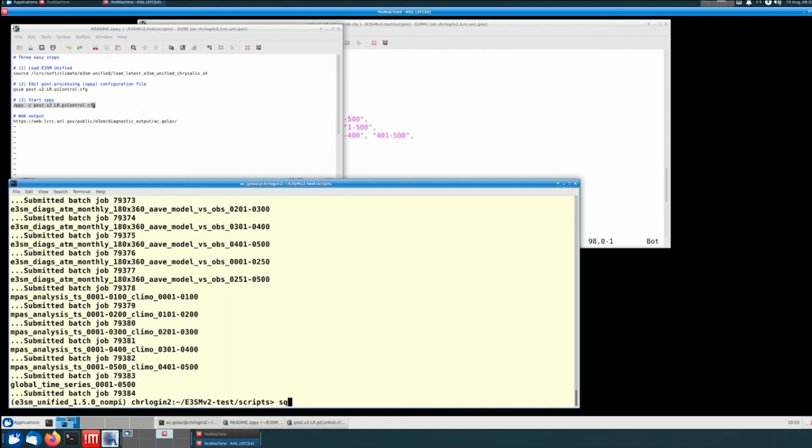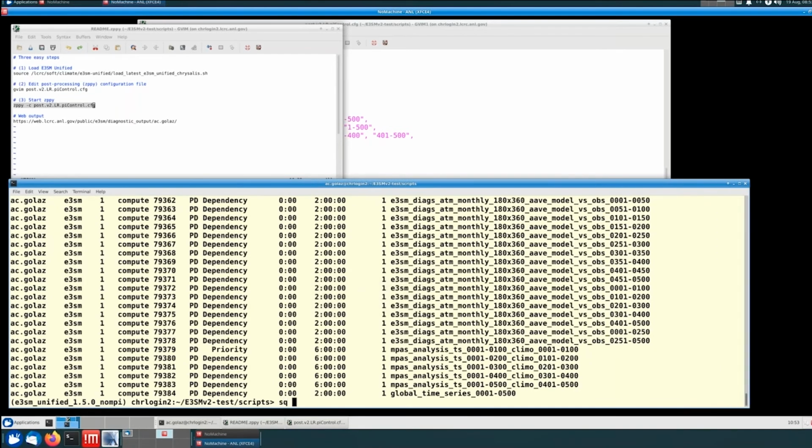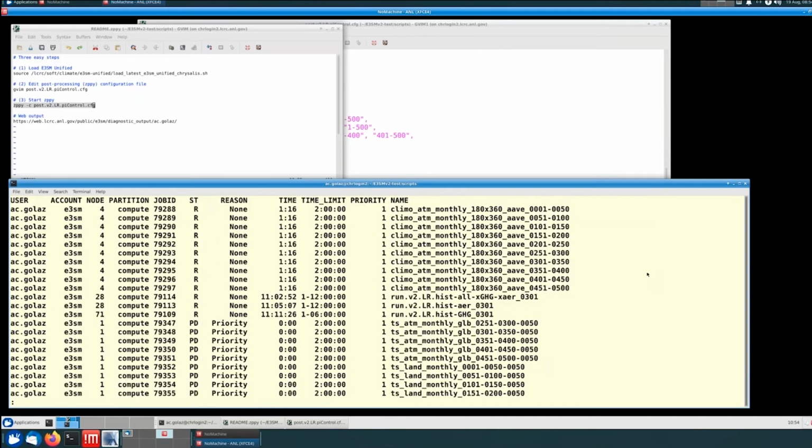So now we can look at all the jobs I have in the queue. There you go. So I have like 100 jobs in the queue that have been submitted to Chrysalis. And if you look at it, we have some already running. You see some of the jobs are waiting, and by the name, you sort of see what the job is. Climatology, most of them are already running. Then we have time series waiting here,